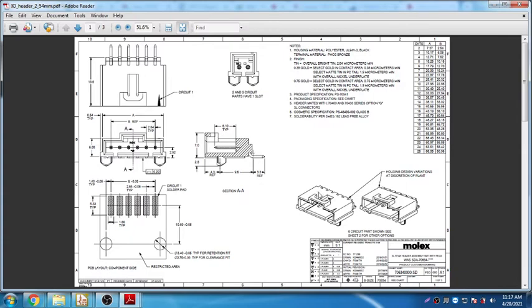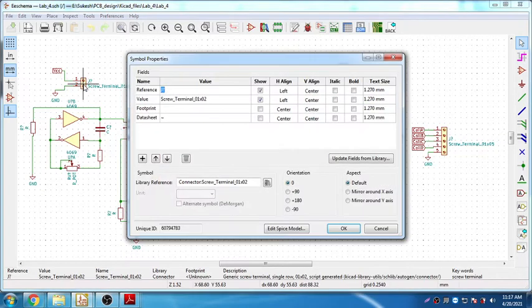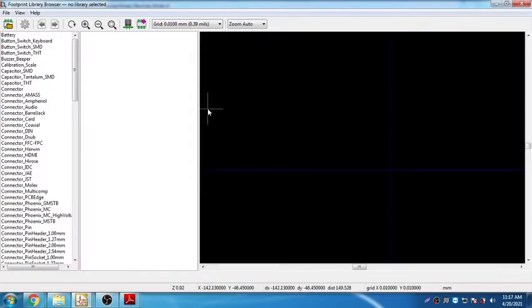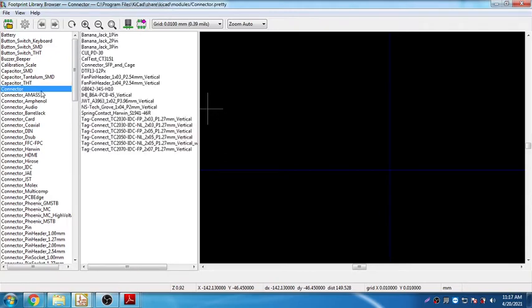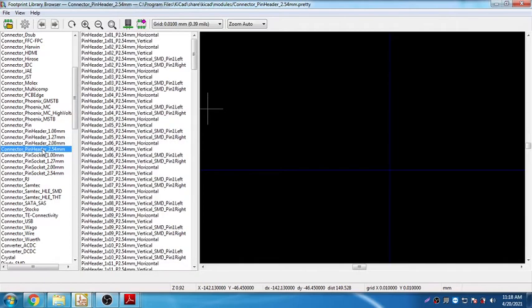So definitely I don't have a footprint for this component. If you search here, just go to this component, click on this component and simply edit, and you see footprint. There is no footprint for this. It simply says it is a 1x2 connector, and I need to match the footprint. So I need to find the footprint here. There is a footprint that is SMD type, and actually this is a 2.54 mm connector that you are looking for.